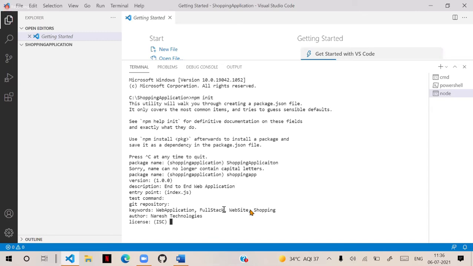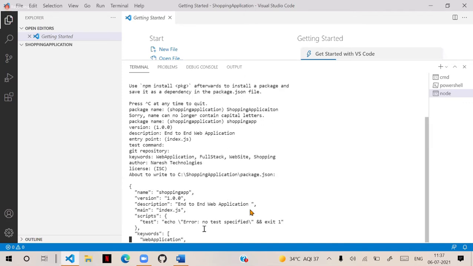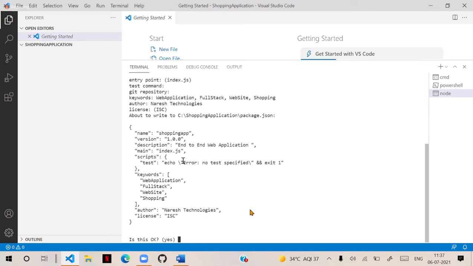Currently, what we have mentioned is only the package name, description, some keywords, and author. After mentioning all these details, now hit enter. Now you can see it is asking for confirmation one more time. Whatever you mentioned, is this okay?